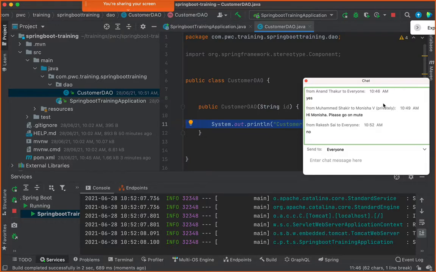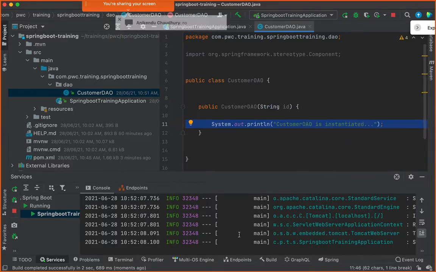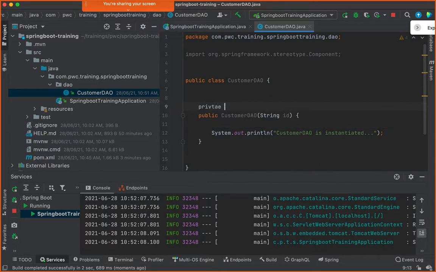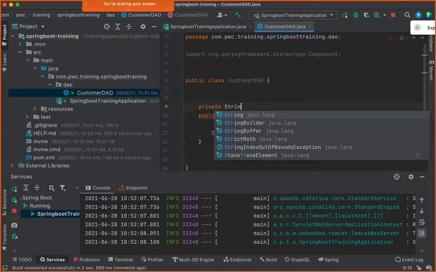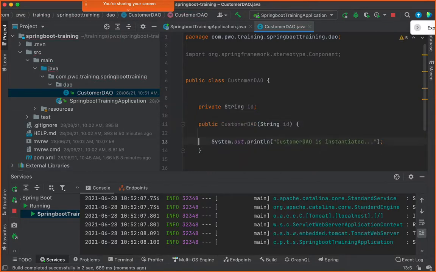No, that won't be created. So there is no constructor getting executed at all. But I want a bean, and when the bean is created, I must pass some value over here. Suppose I say private string ID, and then here I say this.id = id. Something of this kind is what is needed.